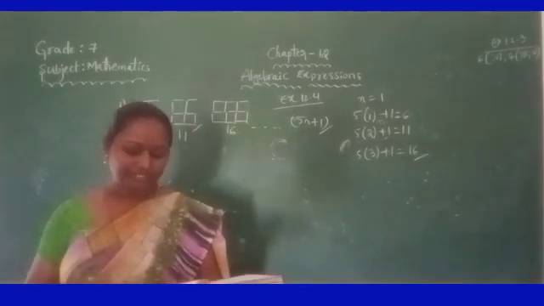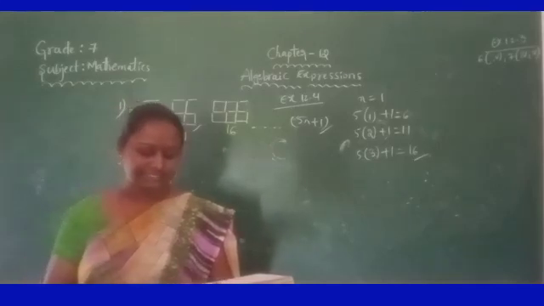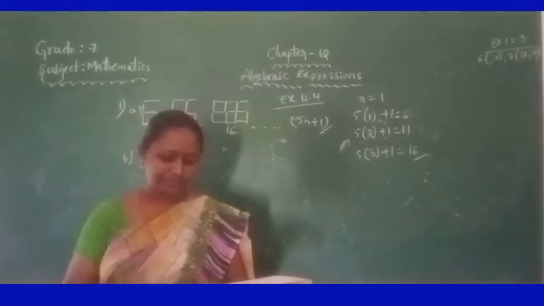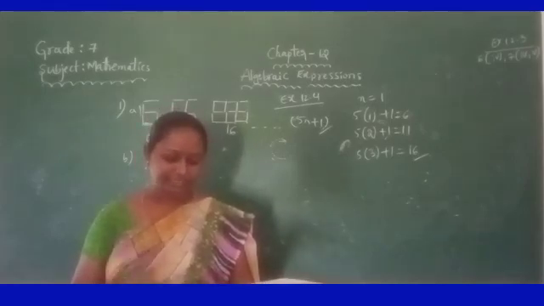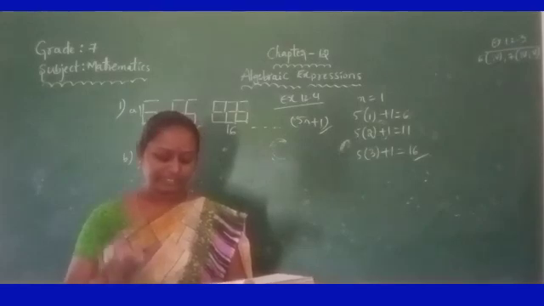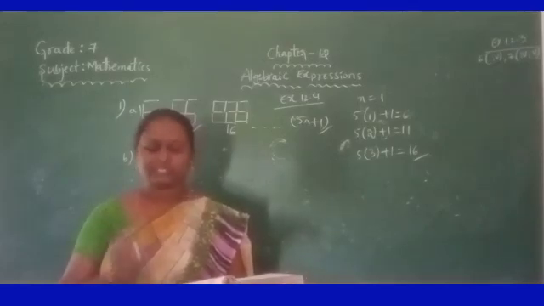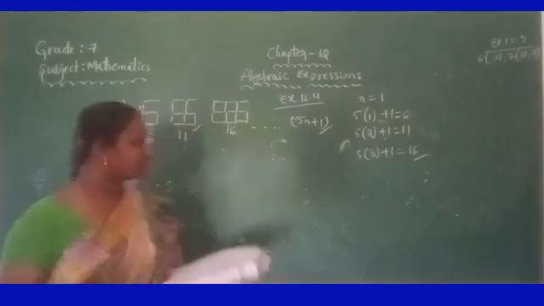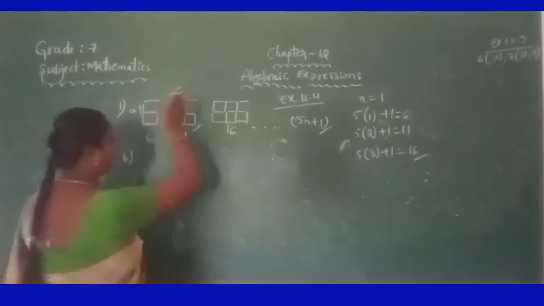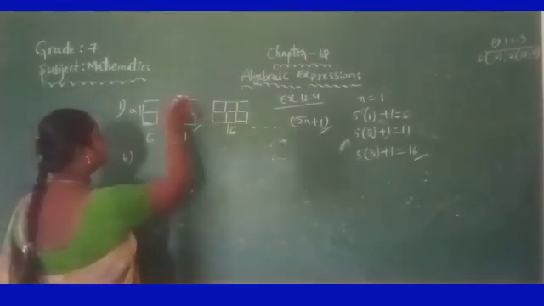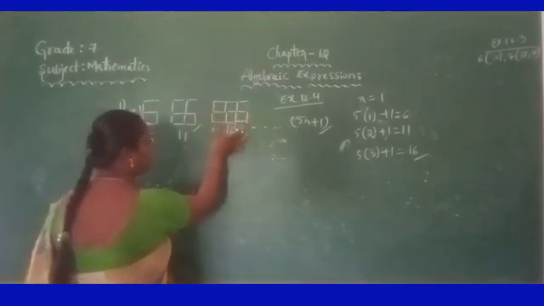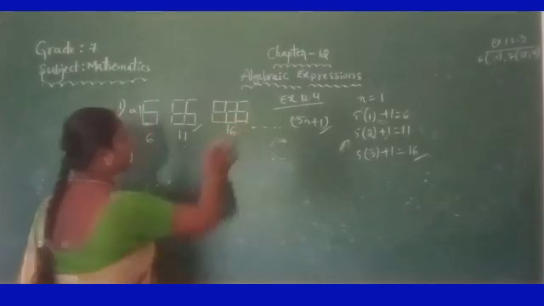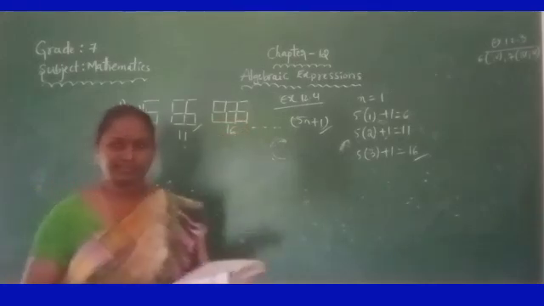So if the number of digits formed is taken to be n, the number of segments required to form n digits is given by the algebraic expression appearing on the right of each pattern. How many segments are required to form 5, 10, 100 digits of the kind? To make one digit it required 6 line segments, 2 digits required 11 line segments, 3 digits required 16 line segments, like that.